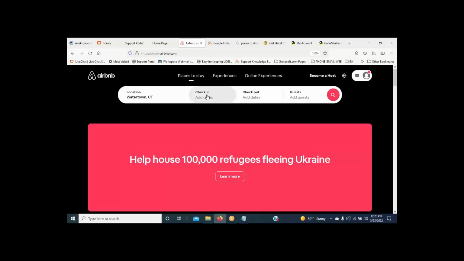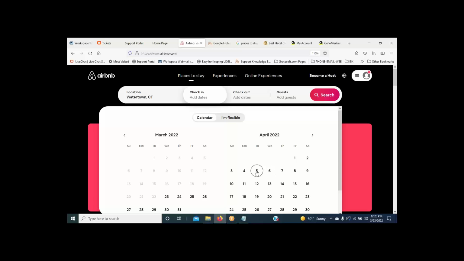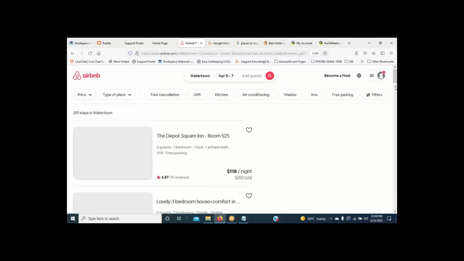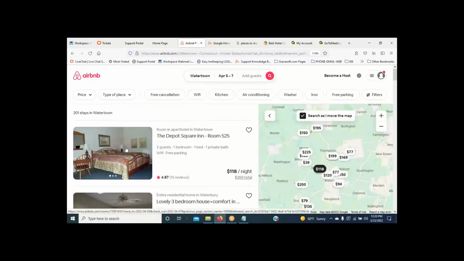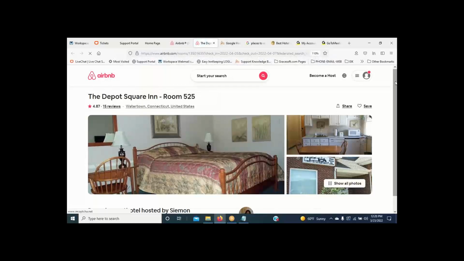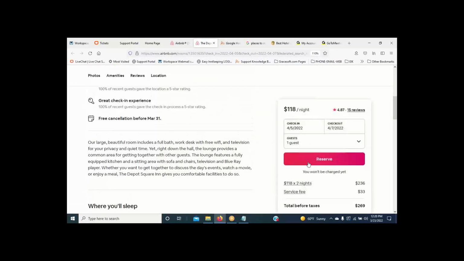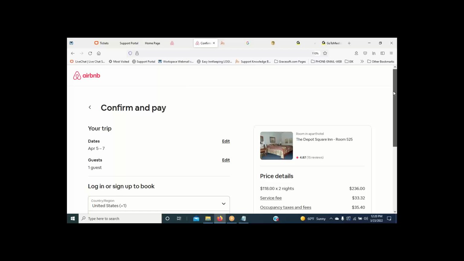So if we go back over here to the Airbnb side, and we want to search for dates, do a search here. And so this is the property we were just looking at, Depot Square Inn. And so all this information is being fed from Easy Innkeeping, and they'll review the listing, make their booking, and once they complete the booking, it's going to be downloaded immediately to Easy Innkeeping. And so that's it for just a quick demo of how the setup and the connection works. And Gideon, I'm going to give it back over to you.